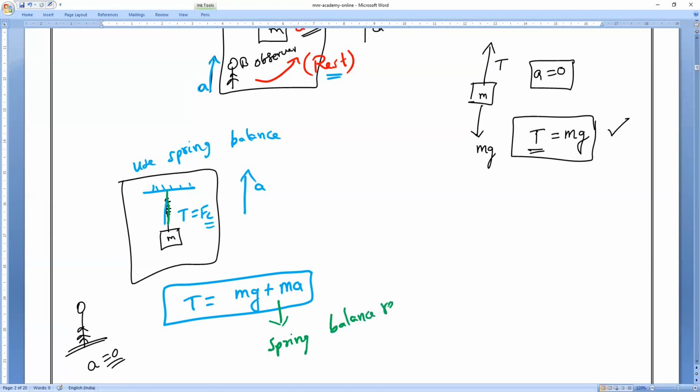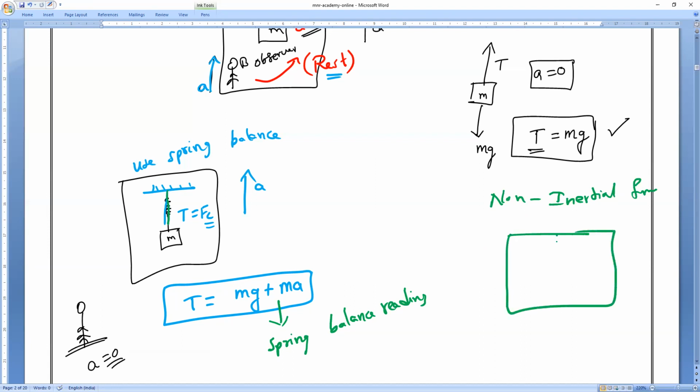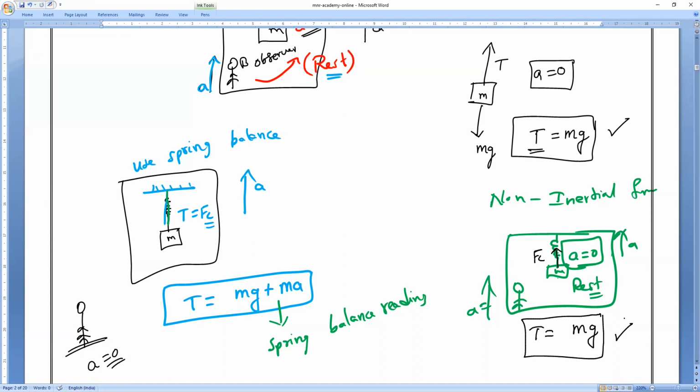So now all of you remember, if the same thing goes to a non-inertial frame, what will happen? Let us modify the string with the spring. Now the observer is inside the lift, and the observer's acceleration is the same as the lift's acceleration. So the acceleration of the mass appears to be 0, a state of rest. If I check the spring force, the spring force F is equal to the tension. So tension is equal to how much? mg, as acceleration is 0.